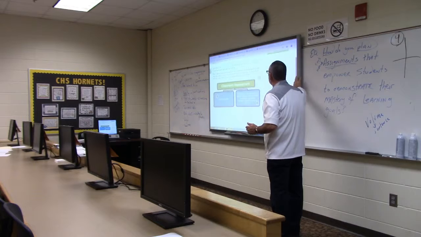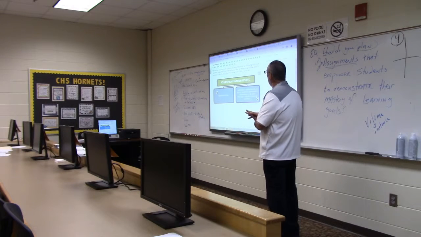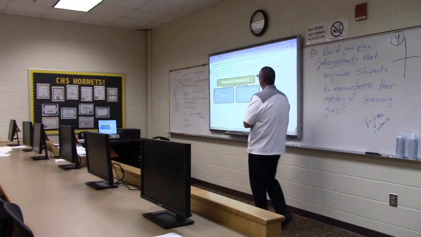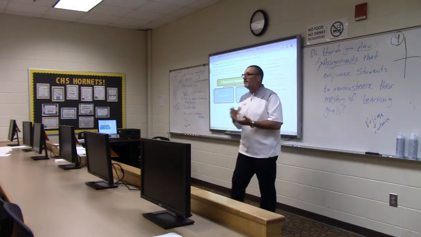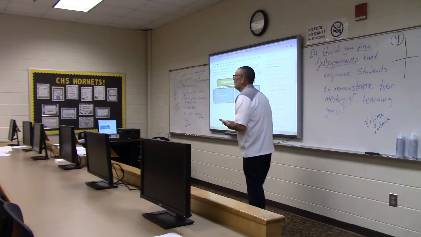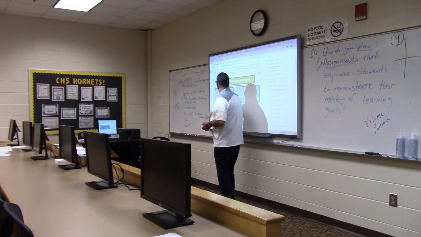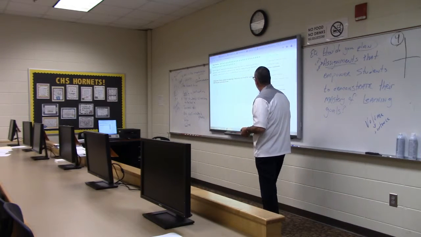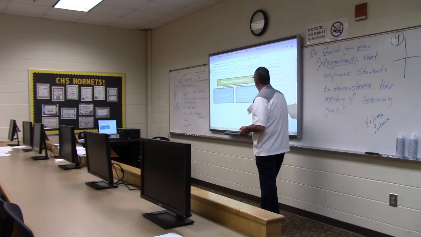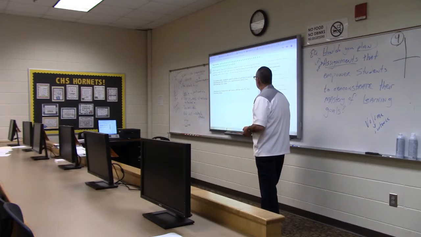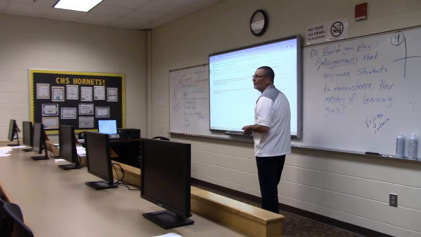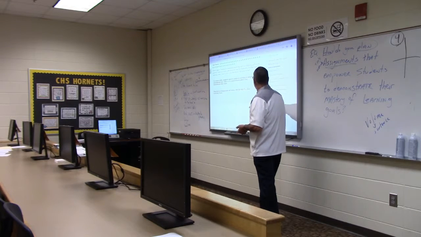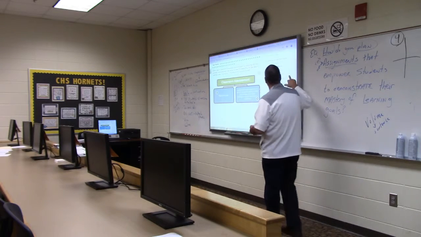Which type of classroom assessment would be best for assessing will-know learning goals, and which type would be best for measuring will-be-able-to? I mean, that's real simple. The will-knows are the objective type of tests. And then the authentic assessments are your will-be-able-to. I mean, that's not something you all have to spend a lot of time thinking of.